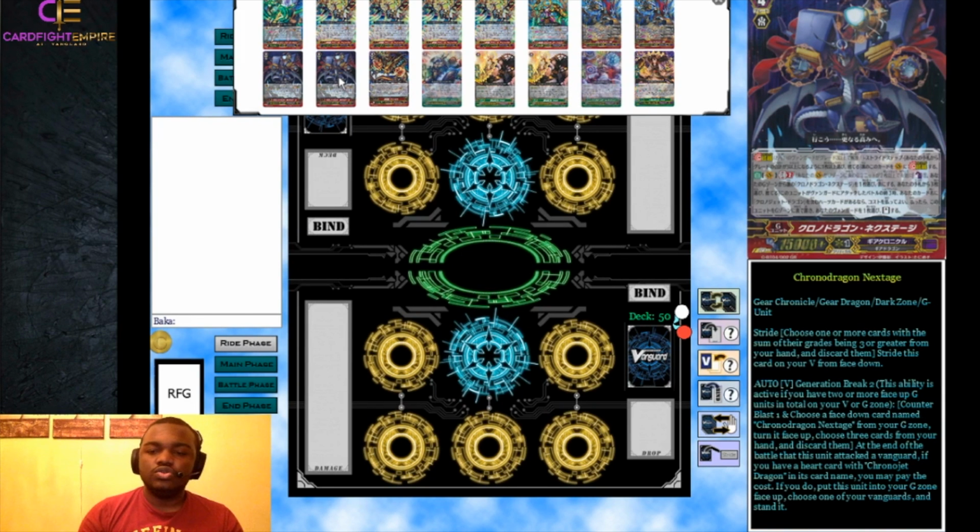Moving on to 2 Chrono Dragon Next Stage. Next Stage is basically our restander of the deck, but it doesn't really restand, it just gets you a second attack with your Chronojet that's underneath it, adds its heart. So at the end of the battle that this unit attacked a Vanguard, you can Counter Blast 1 and choose a Next Stage from your G-Zone, turn it face up. If you do, then